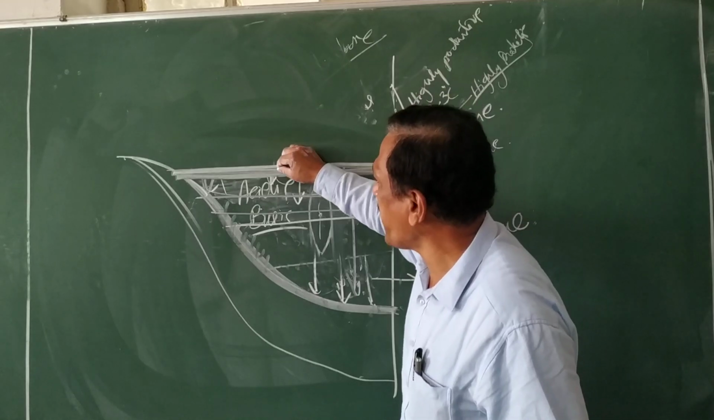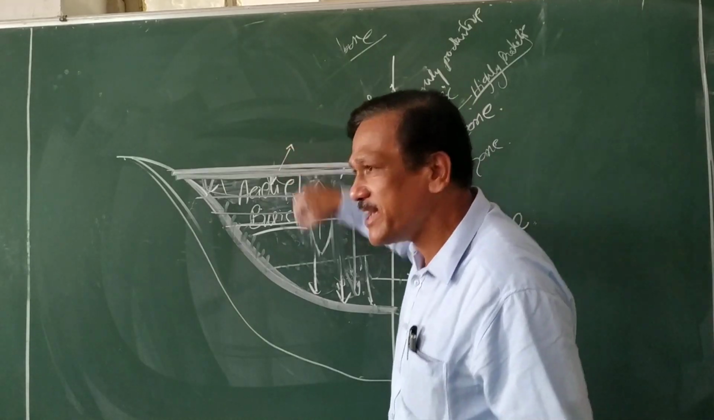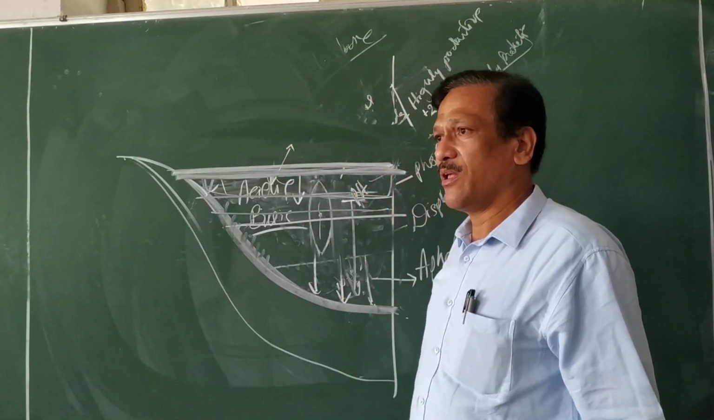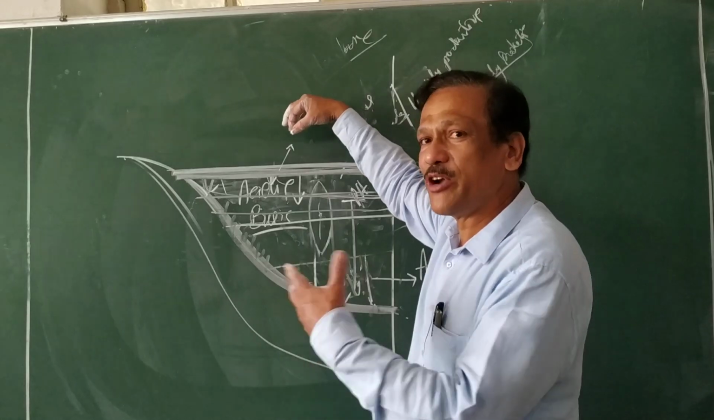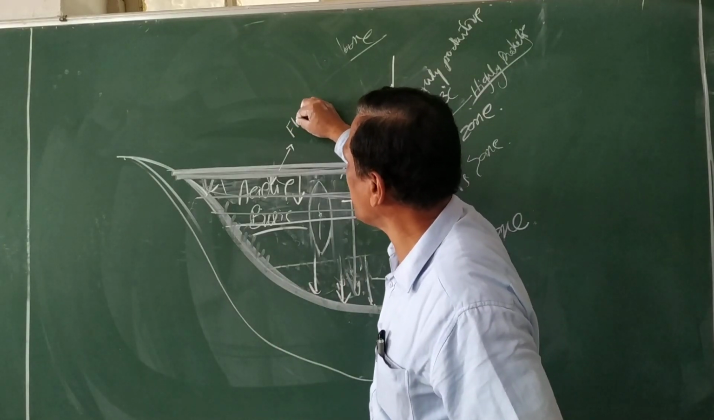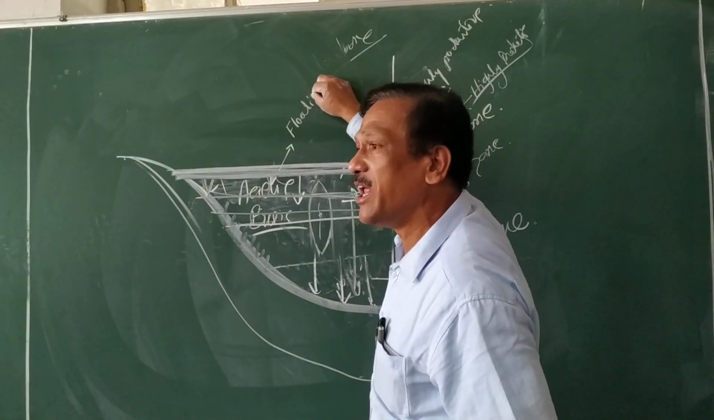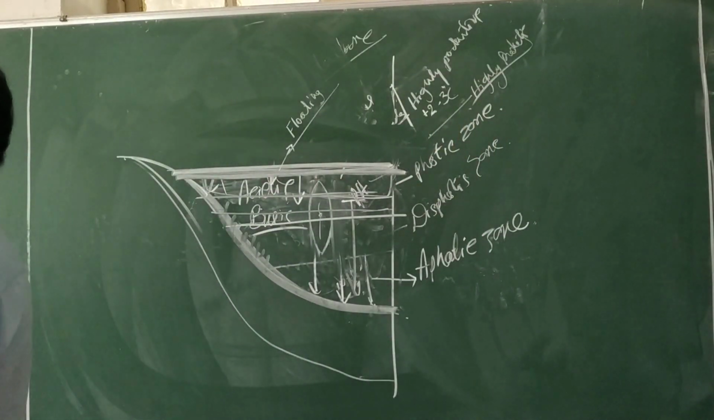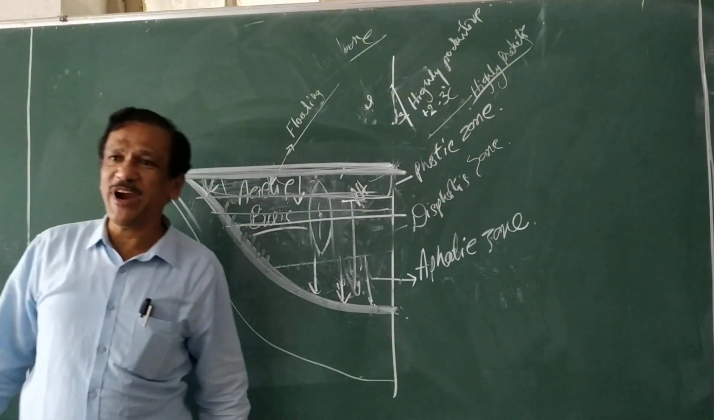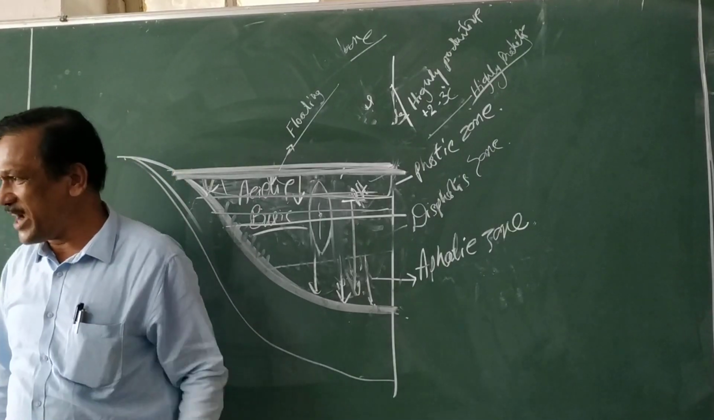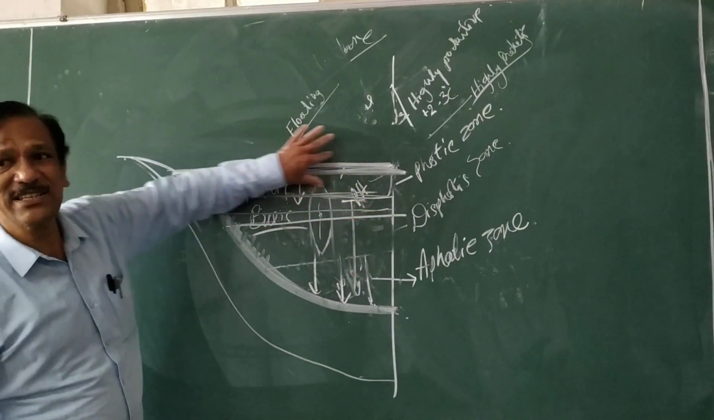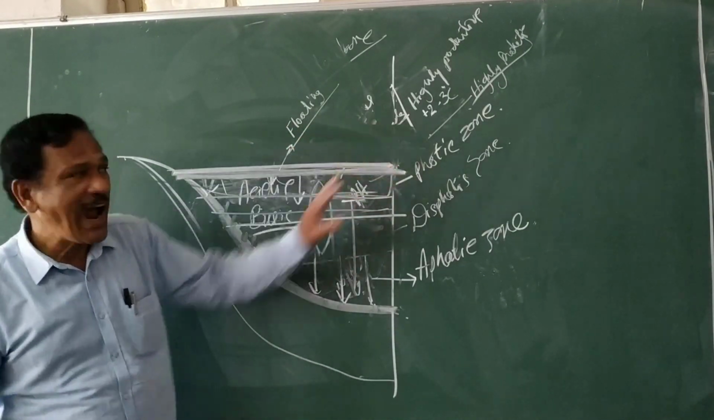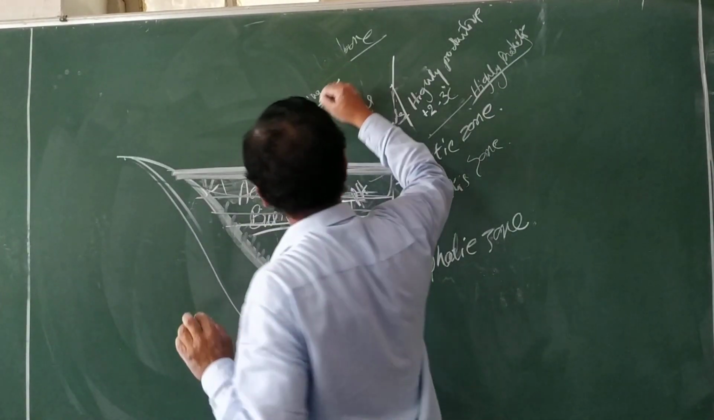And these hydrophytes which are present on the surface, but always present in the floating condition, are referred to as floating hydrophytes. Floating hydrophytes means the aquatic plants which are present always in a floating condition. And in these floating hydrophytes again